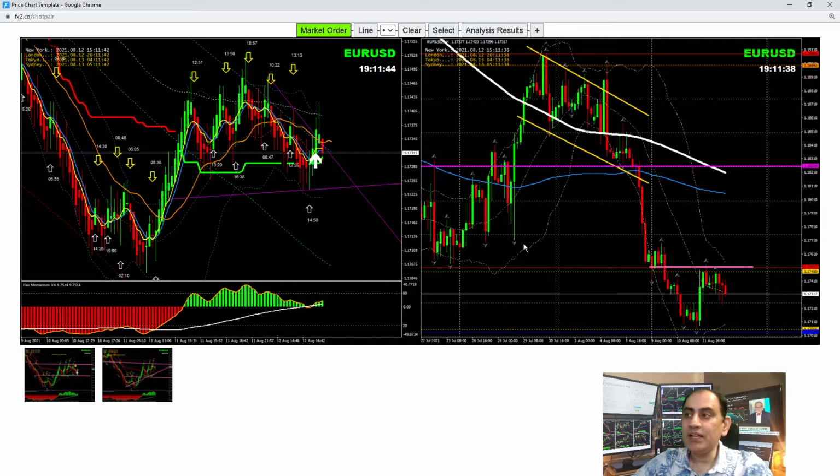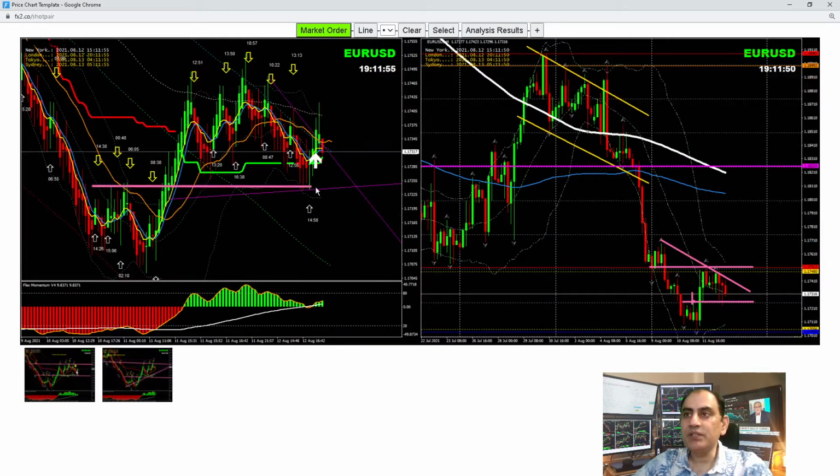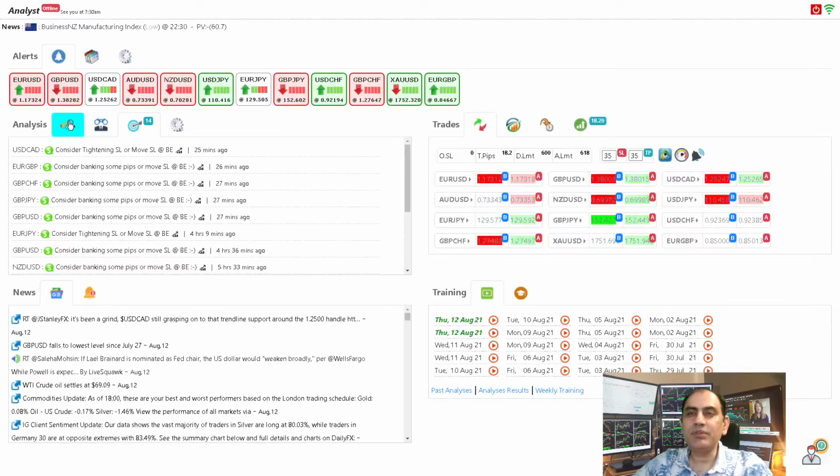But technically we were looking for this breakout. As you can see here, price respected previously, and we were looking for this breakout. Today we haven't seen it, because we're still waiting for this breakout. Price did not develop any opportunity. Price is still hovering. It's a sideways market. We'll let you know tomorrow if the price is going to break, but we managed amazing profit on pound dollar,